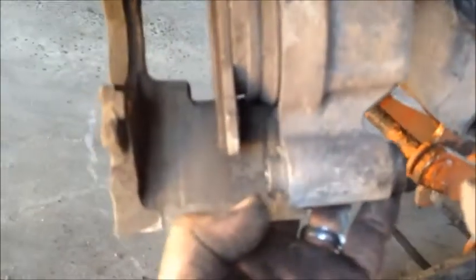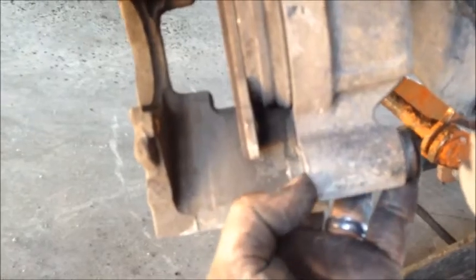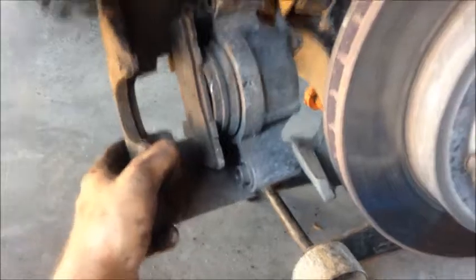If you look right here where I showed you these bolts, see how that sleeve sticks out? The other one's not. It's in there. But it is stuck out. This needs to be pounded back. If you don't pound that back, you will never get this cylinder back on. You'll fight with it and trying to...